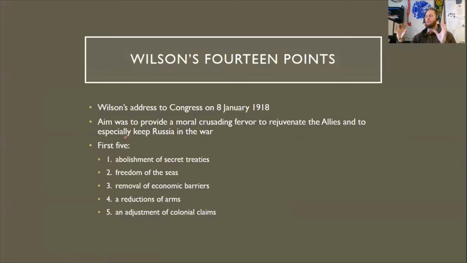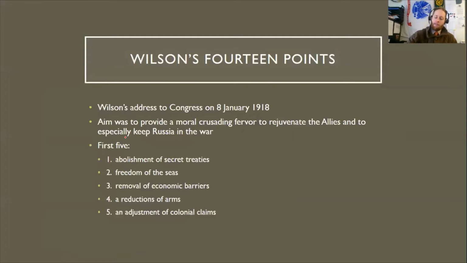all the other allied countries to wage this effectively a crusade against the Central Powers, and that if the Allies won, this new world order is going to come into being, and it's going to make the world a better place with rainbows and unicorns and giggling children. It's going to be fantastic.